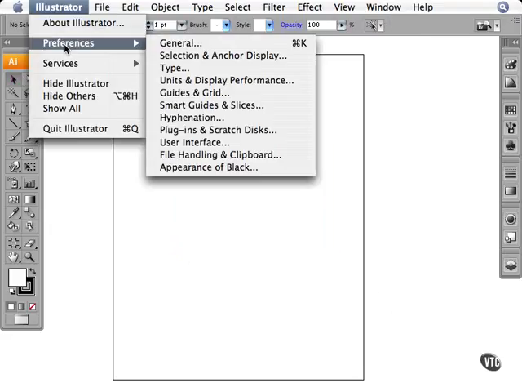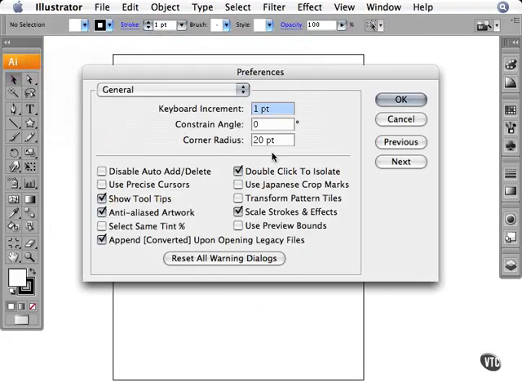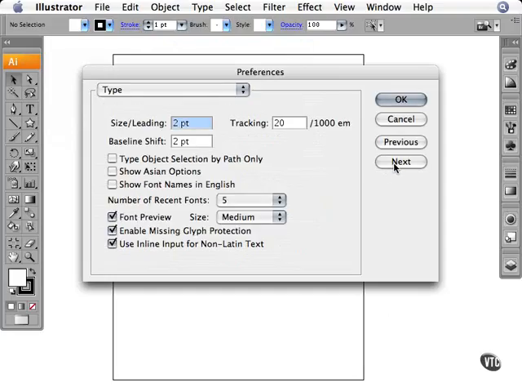I'm going to go back to my preferences and let's go to next again. I'm going to go to type now. Where you see where it says size and leading, this means when I type something that's 10 point and I have more than one sentence, the space in between those sentences, known as leading, will have 2 points